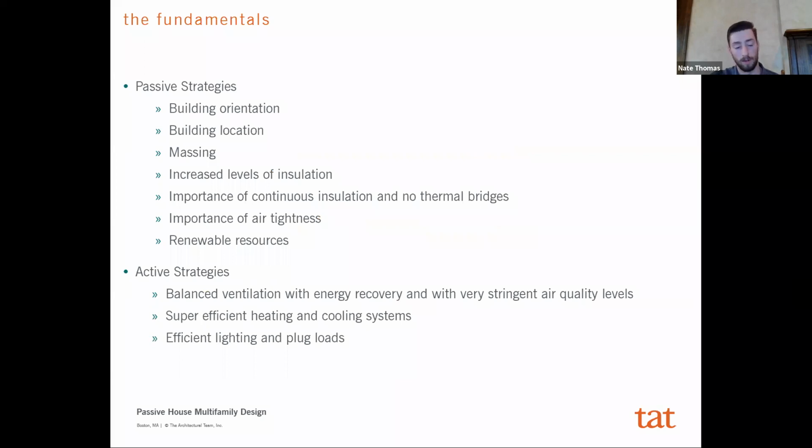You'll see later on that a compact massing, which sort of intensifies the internal loads, can be helpful. Increasing levels of insulation, importance of air tightness, and really reducing the amount of thermal bridges. And you'll find that in most Passive House, particularly multifamily Passive House, there's a renewable resource component to this as well. And then the active strategies, which a mechanical engineer for sure is more qualified to speak to, but